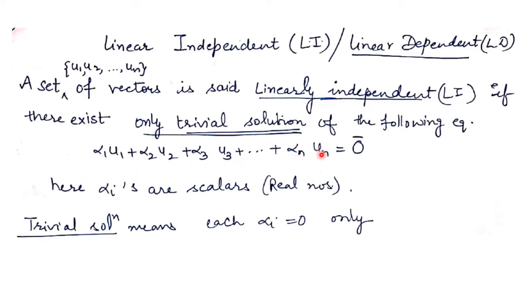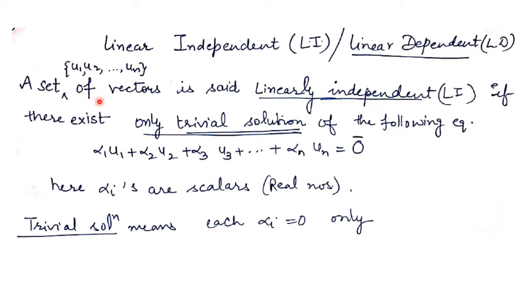u1, u2, u3, un, they are the members of any vector space. They are given to us. Right, we need to check whether this set is LI or not. You take its linear combination, equate it to be null vector, right? You will get n equations. Simplify these n equations. If we can find out the values of alpha i and these alpha i's are only zeros, no other value than 0, then this set of vectors is said to be independent, right?